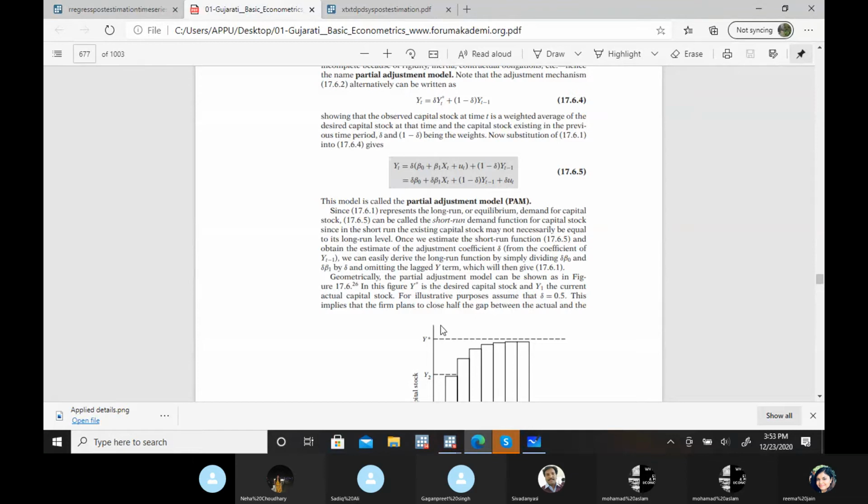That's why it's a long run impact. Now we are considering everything in this model.